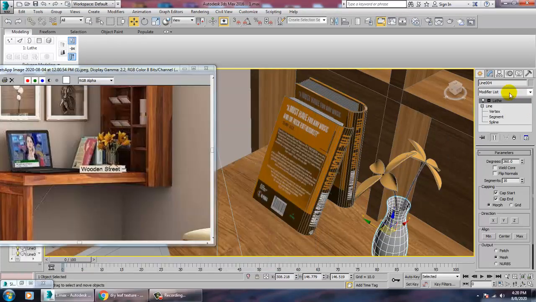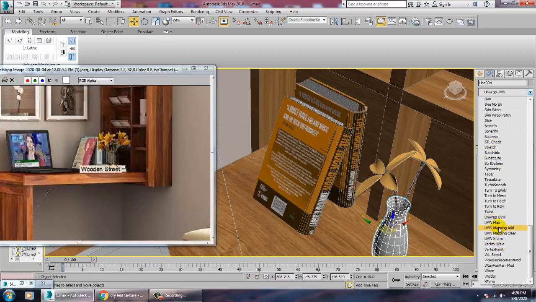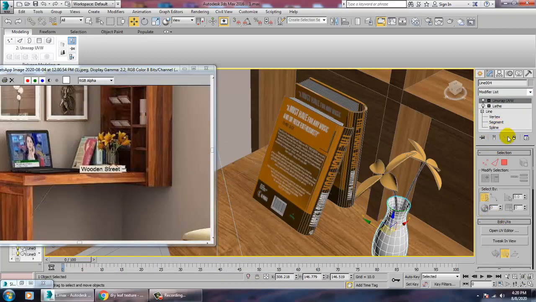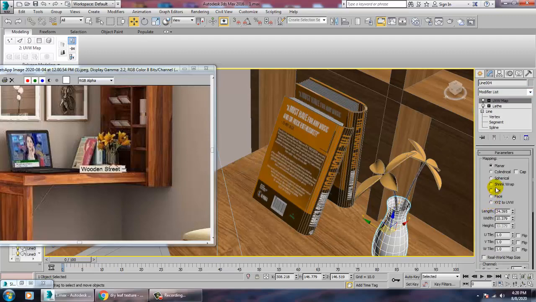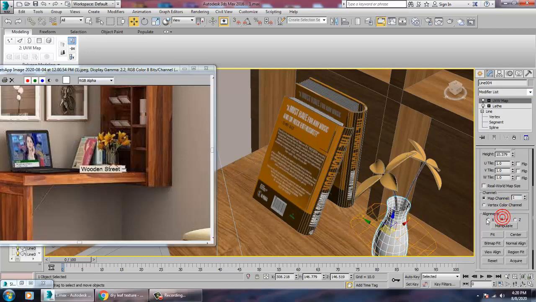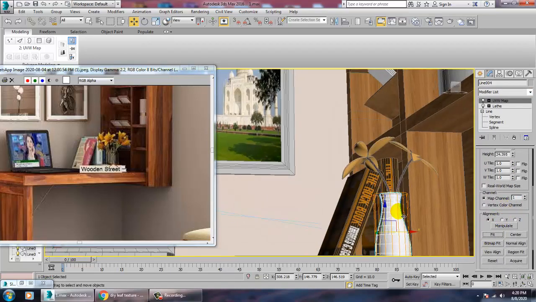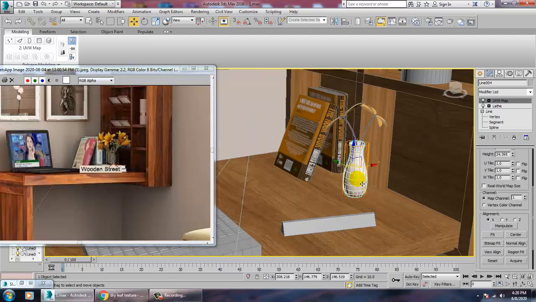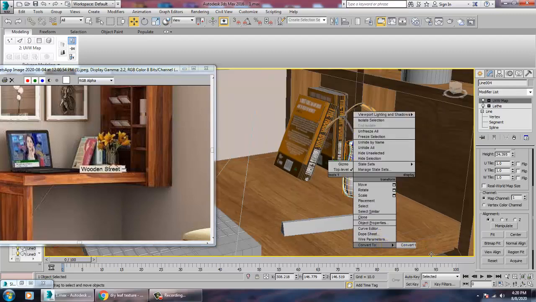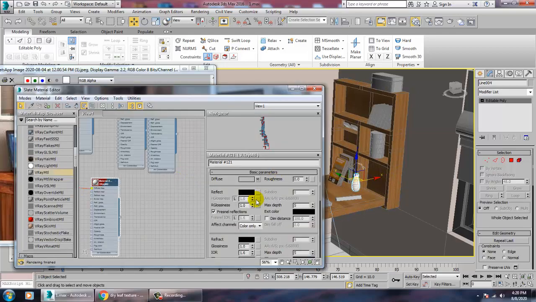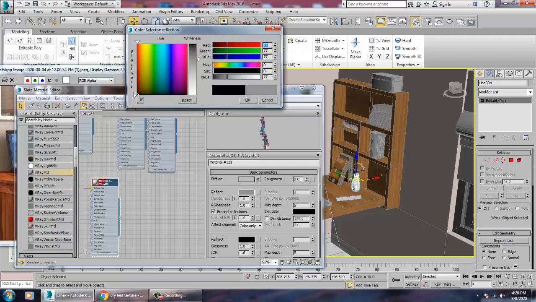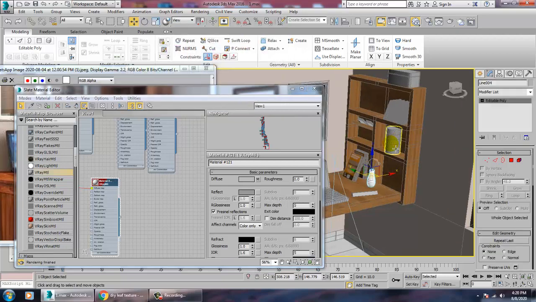Go into this and let's give a UVW map, not unwrap, UVW map, and let's give a cylinder to it and let's fit that. So right click, convert to editable poly, and into the ceramic option we can just give a bit of reflection to it. So keep on saving your file again.